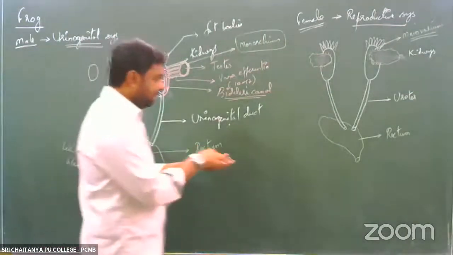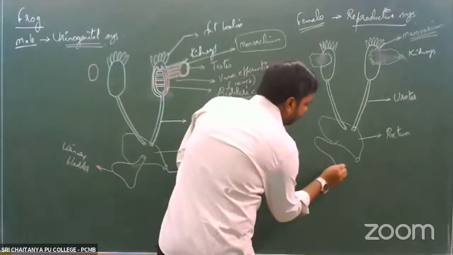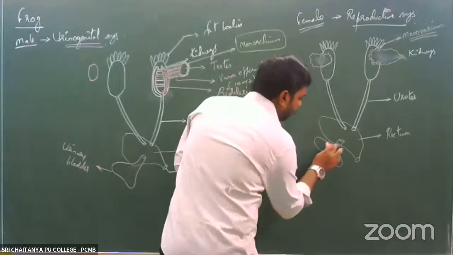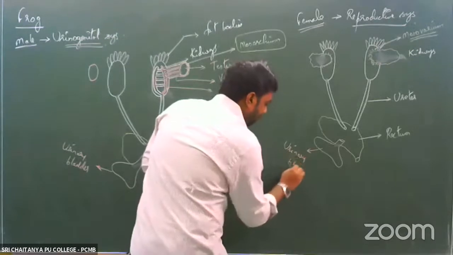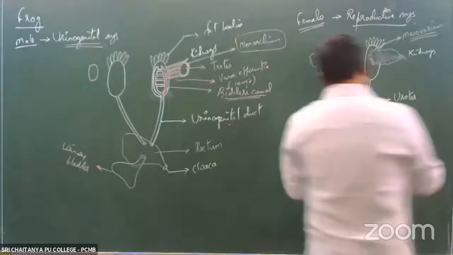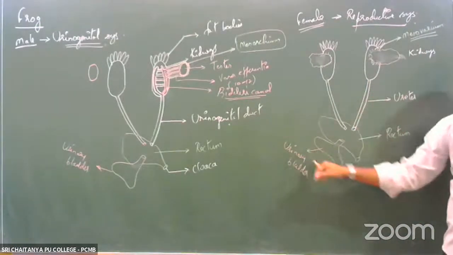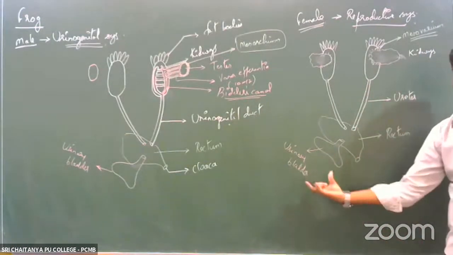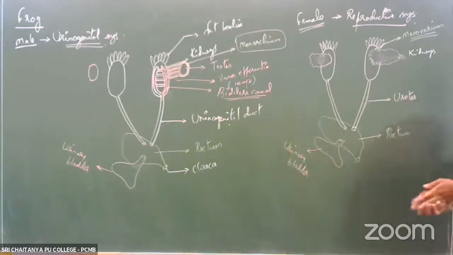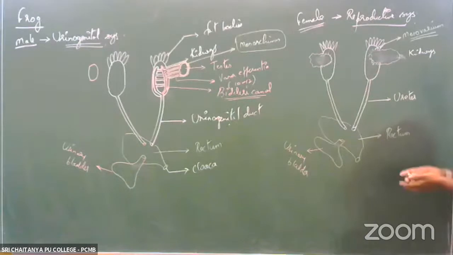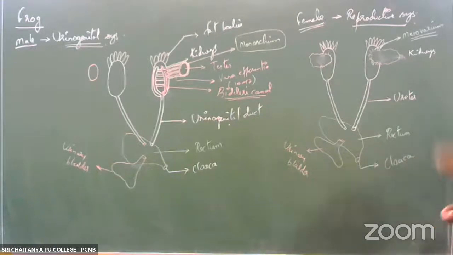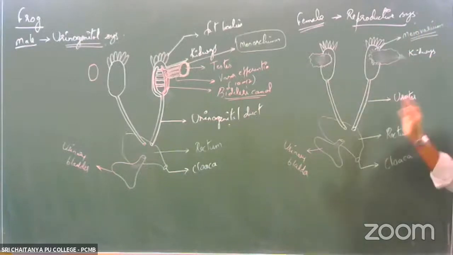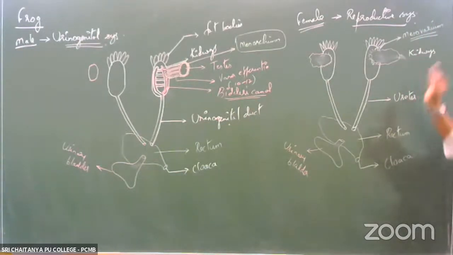And again, as we have already seen, in the rectum there is this large sac-like structure, which we started calling the urinary bladder. So they have the urinary bladder. All the urine, or the nitrogenous waste, from the ureter will be passed on into this large sac-like structure called the urinary bladder, and the urine would be stored in the urinary bladder. From the urinary bladder, it would be excreted out through the opening that is present, and this opening we started calling the cloaca. Right? It would open up into the cloaca. So this is what we have with the excretory system in the case of the female frog.